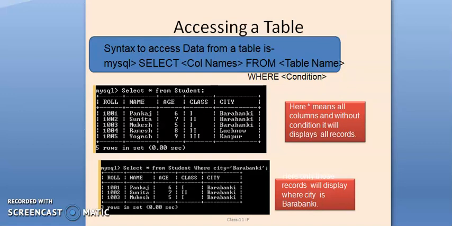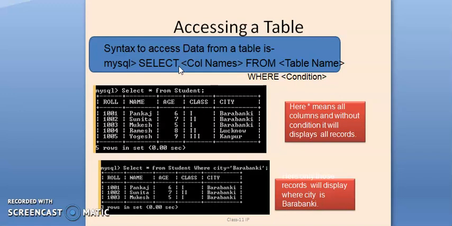You can see here the syntax to access data from a table. By using the select command we can access the records from a table. We can access all records from the table, or if we want, we can select specific columns of that table.